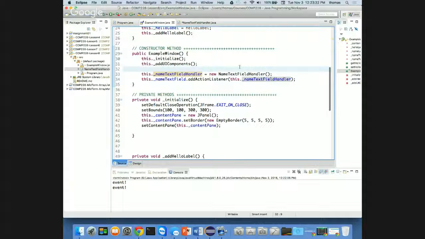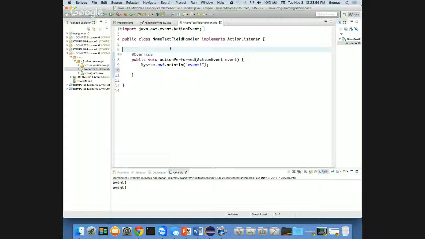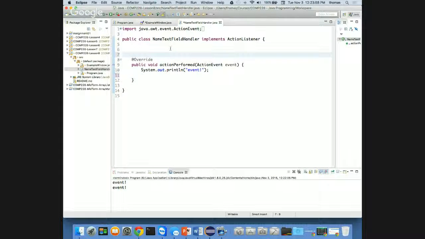Now notice when I made my name text field handler, it's just another class, which means I can pass into my constructor anything I want. For example, a reference to this. I don't have this kind of constructor, but I can create a constructor in the name text field handler that's in the example window class. Let's go there and create a constructor. How do I do that? It's got to be a public constructor, which I'm going to call the same thing, so it's got to be public name text field